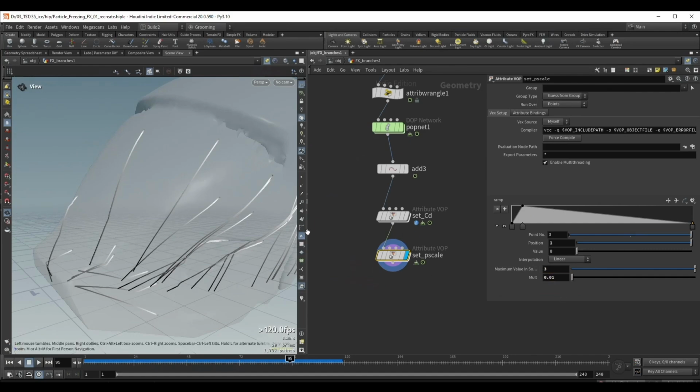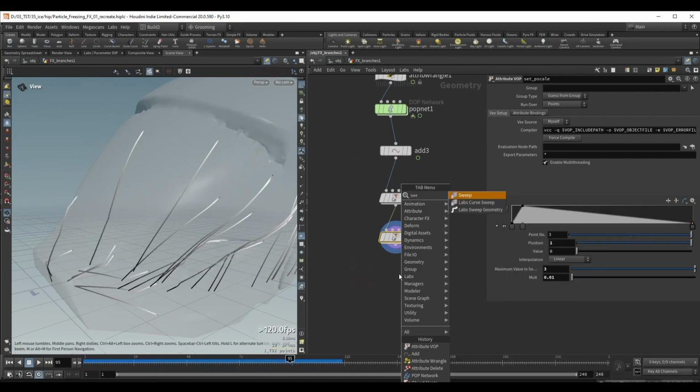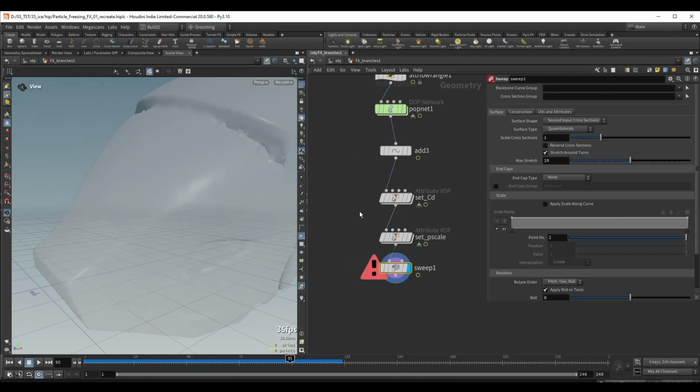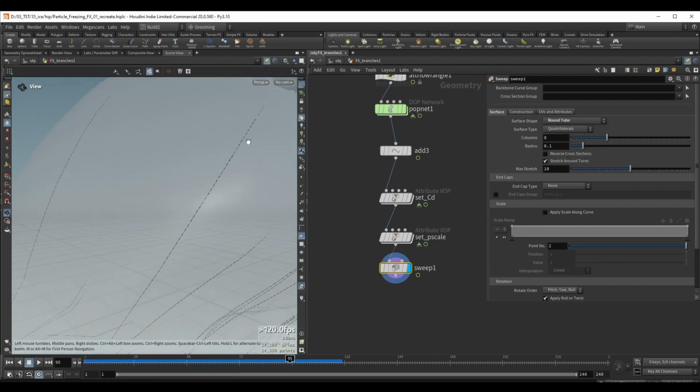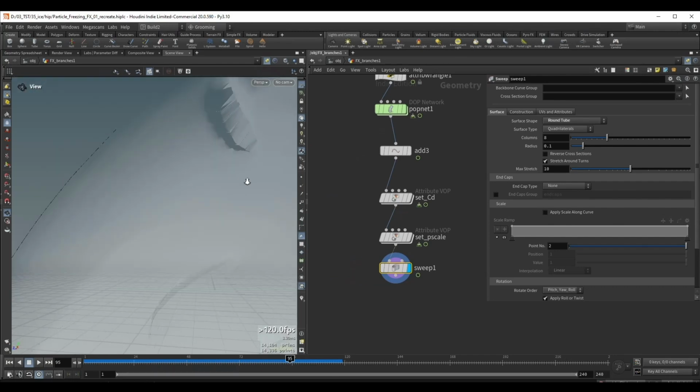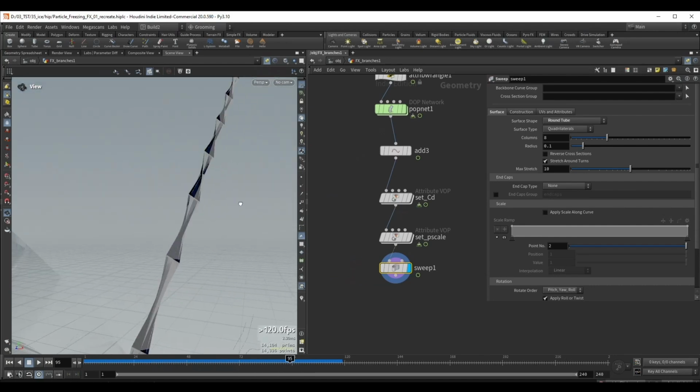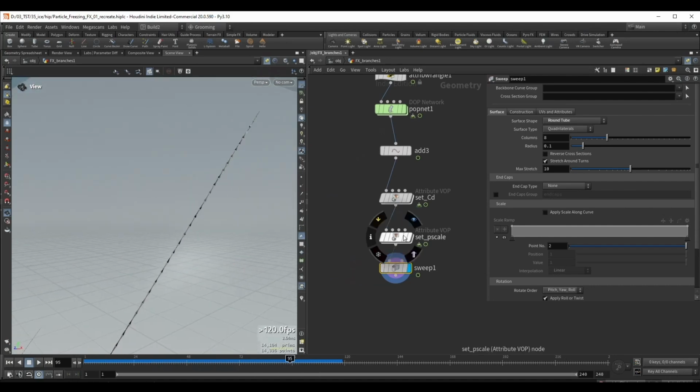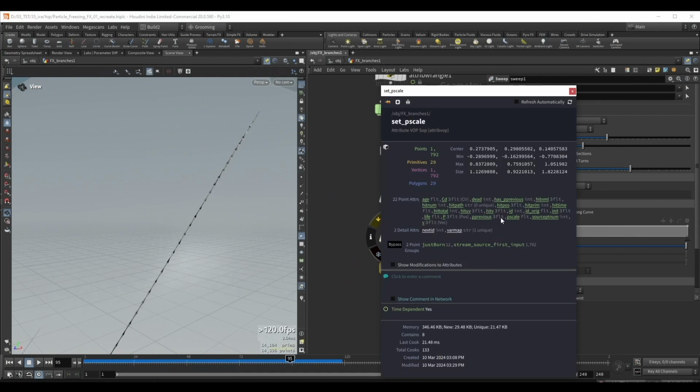And now to preview this p-scale, let's plug all of this inside a sweep node, which automatically recognizes the p-scale attribute. And I will set the surface shape to round tube, and we can already see that we have the geometry, and we have sort of this size already on our curves, but we have this very weird twisting geometry thing going on,